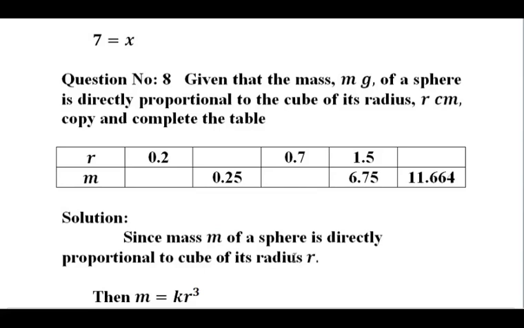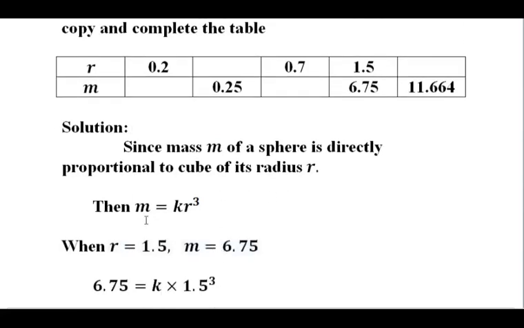to the cube of its radius r, so we know that m is equal to kr cube. So we need to find the value of constant k. It is evident that without the values of x and y, we cannot determine the value of constant k. Therefore, I will use the values of x and y from the second last column of this table, where